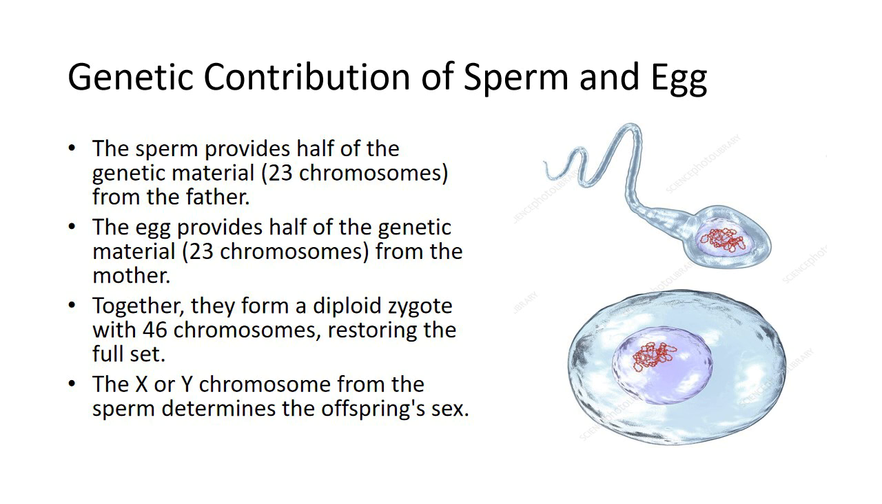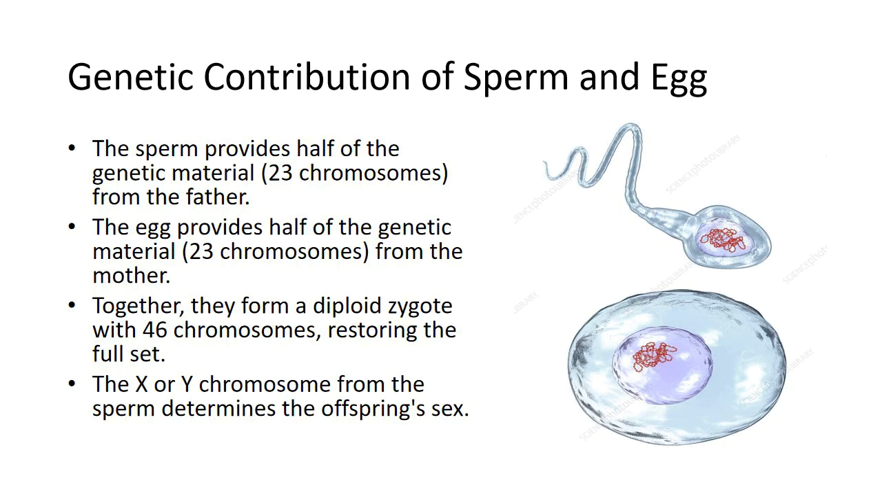Second, genetic contribution of sperm and egg. Sperm contribution. The sperm contains half of the genetic material needed for the creation of a new individual. Each sperm is haploid, meaning it carries 23 chromosomes, one set of chromosomes from the father. The genetic material in the sperm is located in the nucleus of the head. During fertilization, the sperm will deliver its DNA into the egg, which will combine with the egg's DNA to form